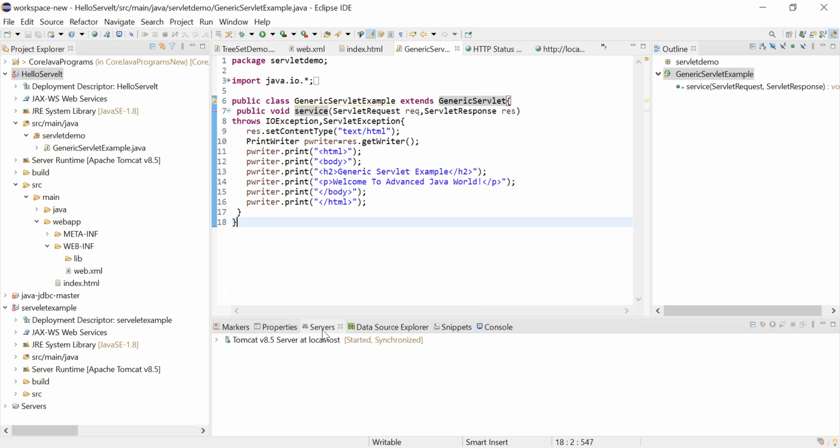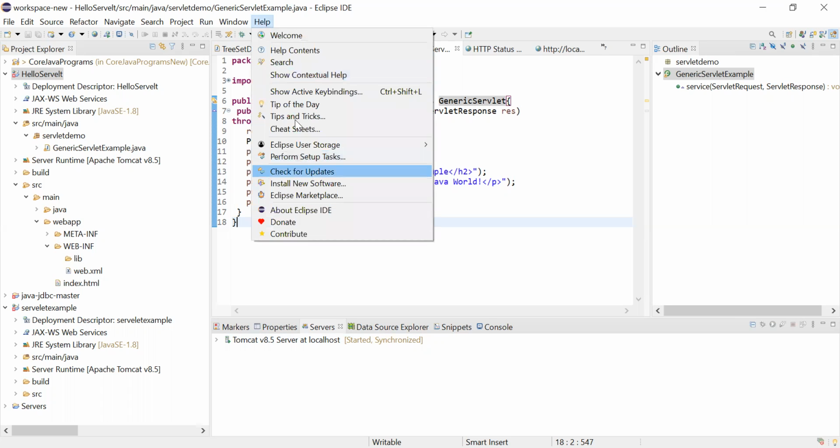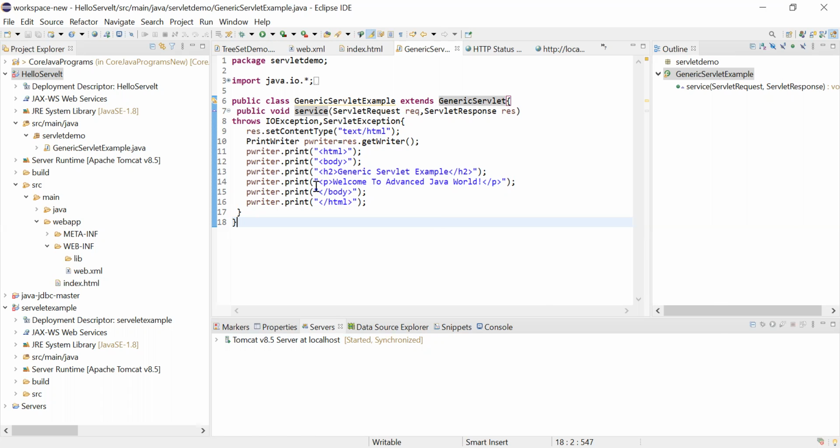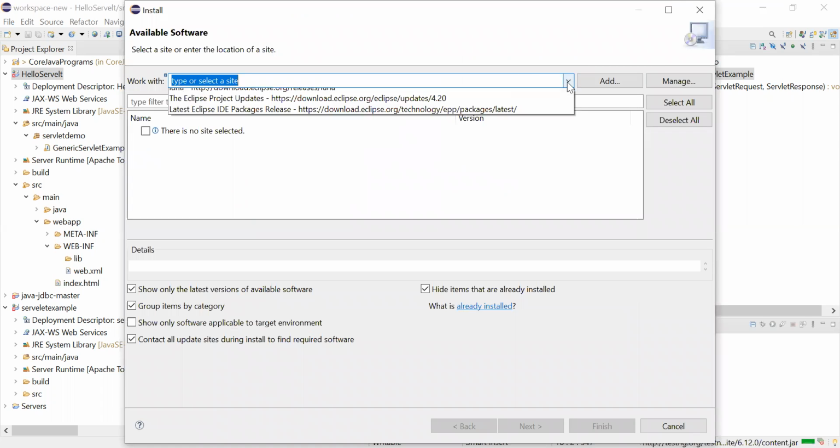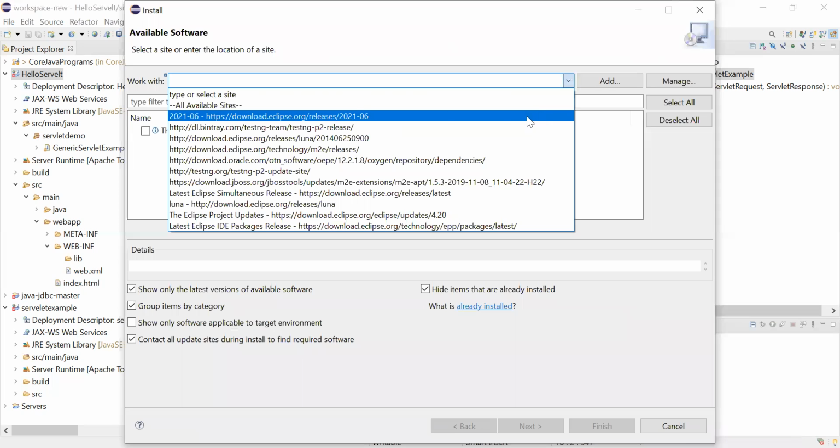If you are not able to see this, you have to go to Help in Eclipse and use Install New Software. See, yesterday I used this one.